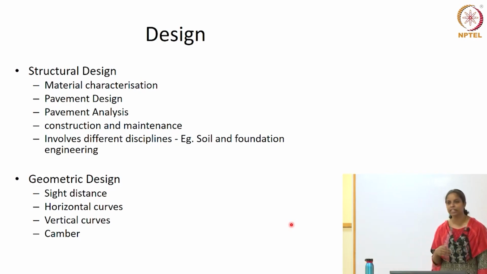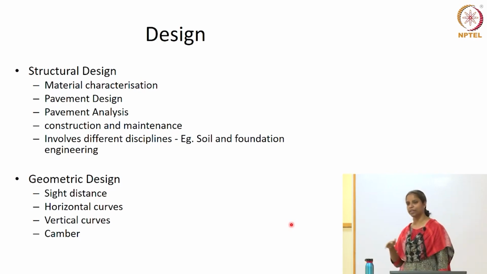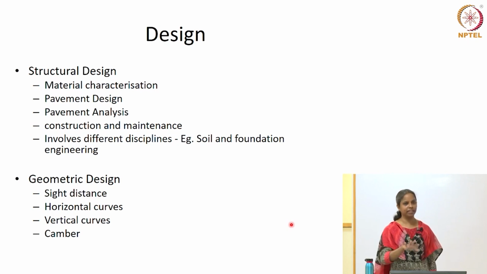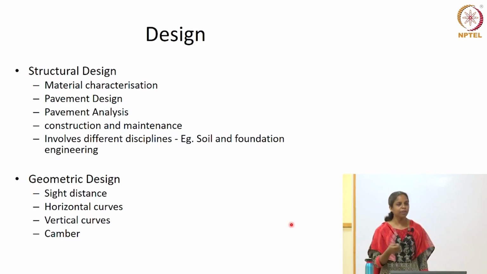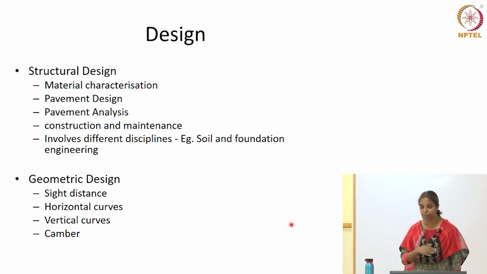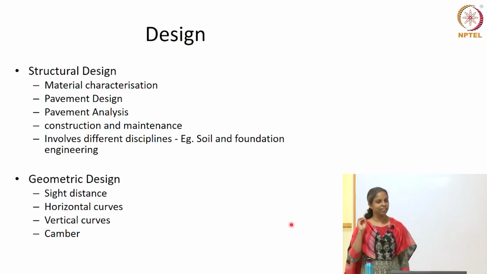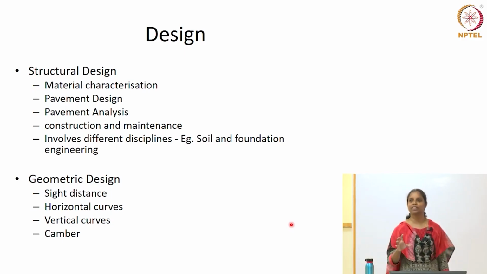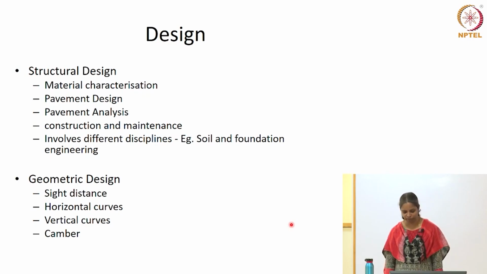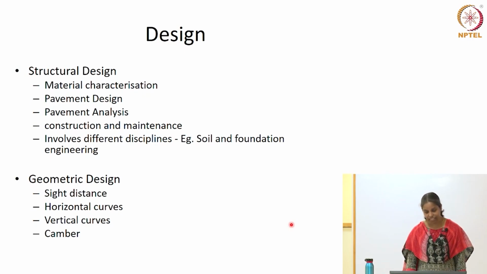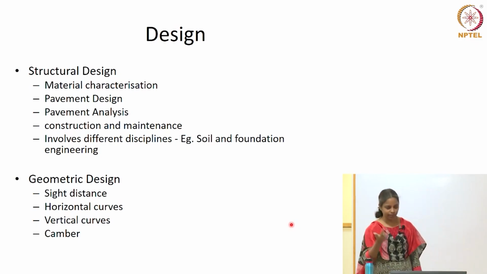Once that part is done, the other part is the geometric design, where you are looking at how do I design the curves, how do I make sure that the vehicles are not thrown out when you are negotiating a curve, or how do I make sure that a vehicle doesn't slip back when it is climbing an uphill. So you have to make sure it's done correctly. So that's the geometric design part of it. As I said, each of these is a separate course. Geometric design of highways is one separate course offered from the transportation division. So this is the second stage. So it was planning, design.